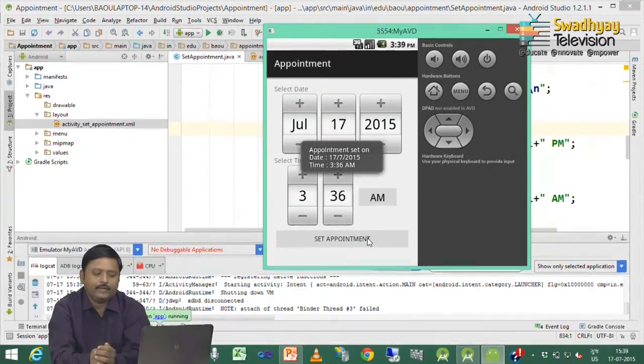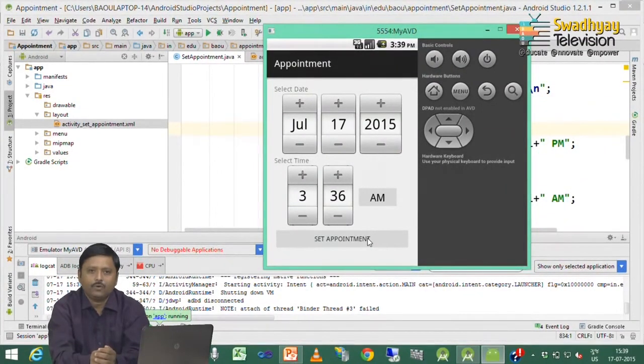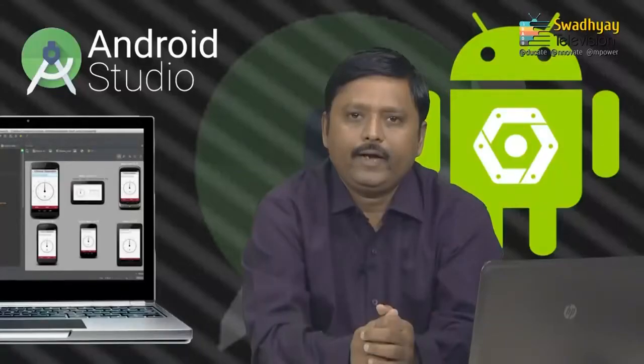Here you can see it is AM. Suppose if I had not subtracted 12 and it is PM, then it shows 15 instead of 3. So, if you want to write AM and PM, then in case of PM you have to subtract 12 from the hour. So, this is how the date and time picker control works.